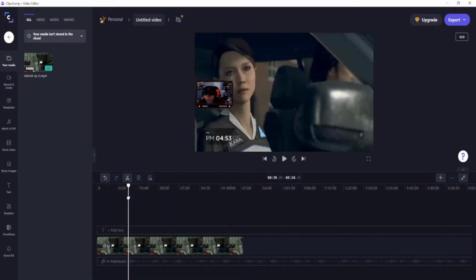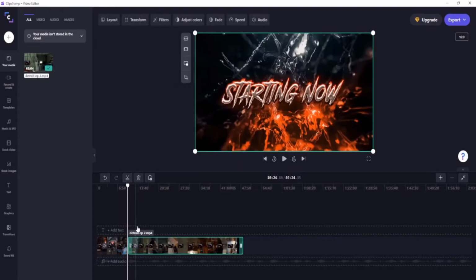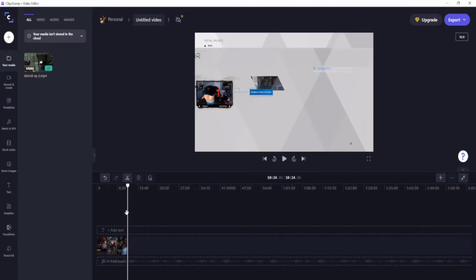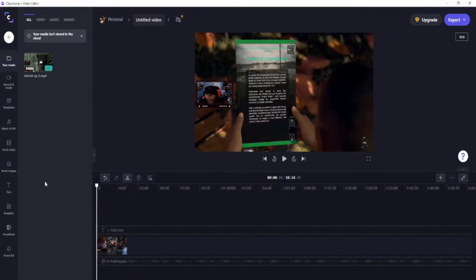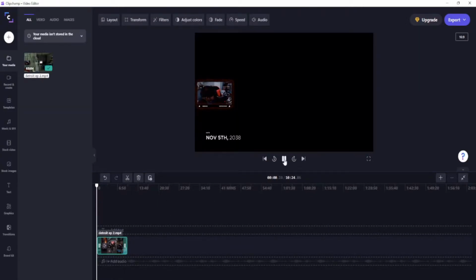Let's see. Probably right there. It looks good. We'll click that, and then we'll delete the rest that we don't need. There we go. Now that's about 10 minutes, 24 seconds, give or take. Then in the beginning, seeing that this is an Android type of game or something, I figured we'd use a quick little